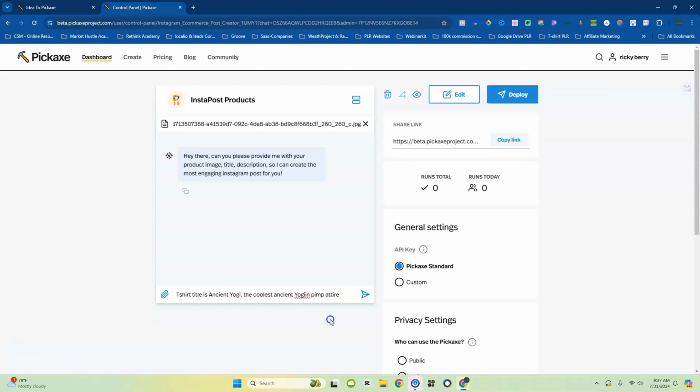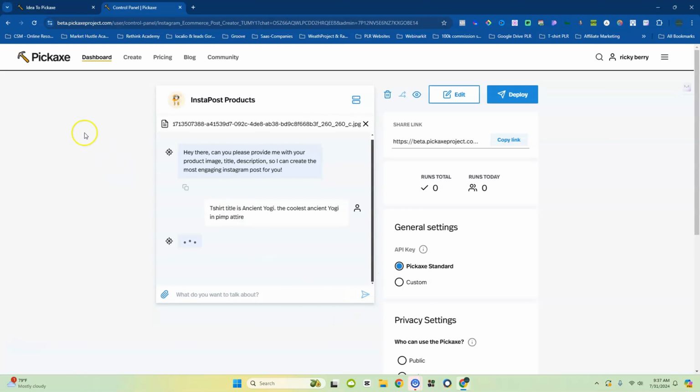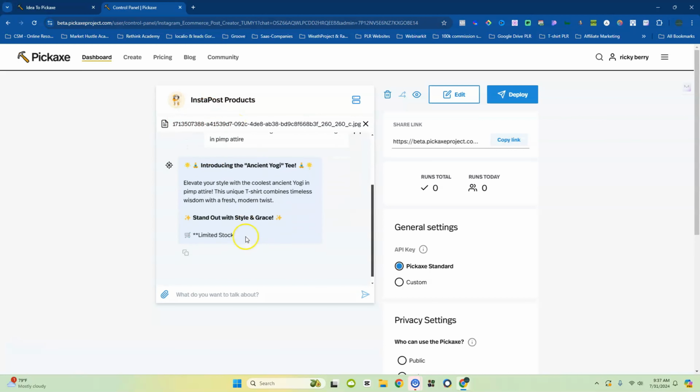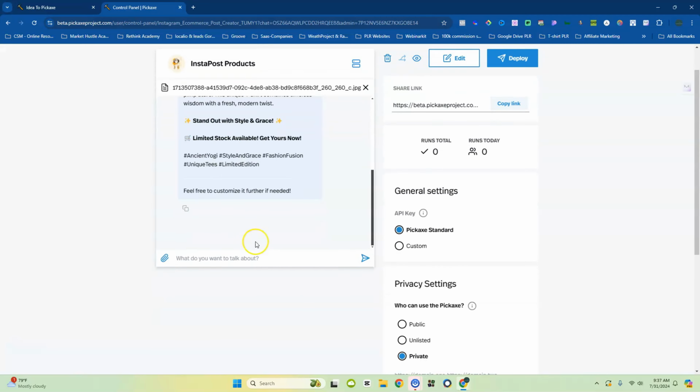Space that as well. So there you go. So here we go. I uploaded the image. The image is right there. And there you go. Now it's going to create an